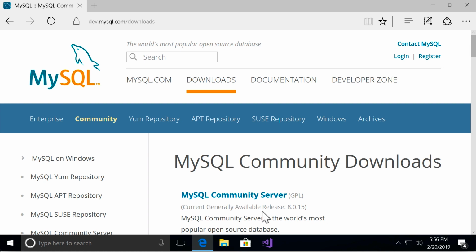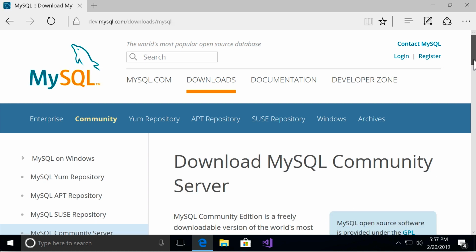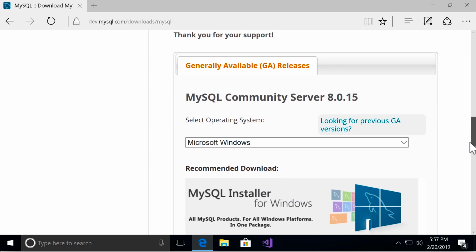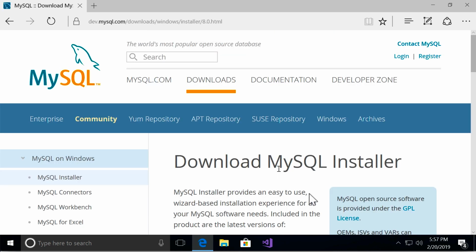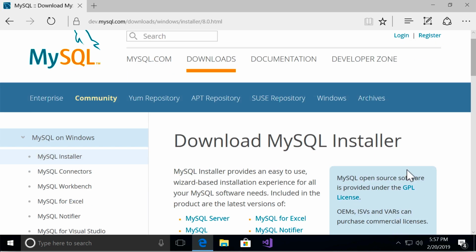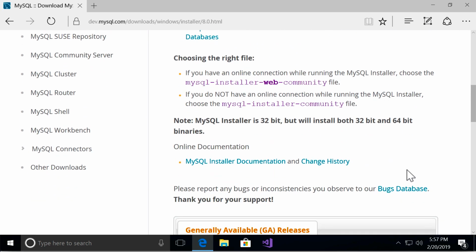Now select MySQL Community Server. And then scroll down. So here you should see something like this, MySQL installer for Windows. This is the recommended method for installing MySQL on Windows. So click on this. All right, on the next page, scroll down and